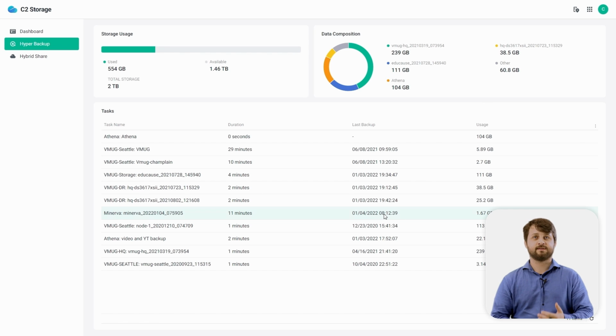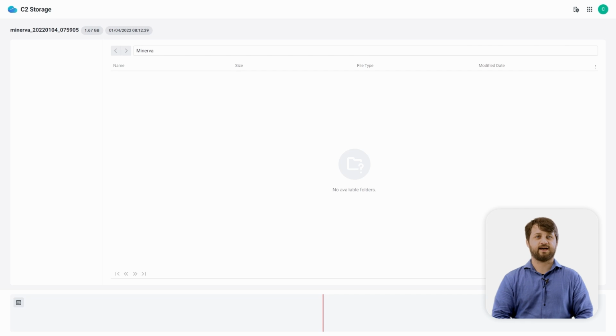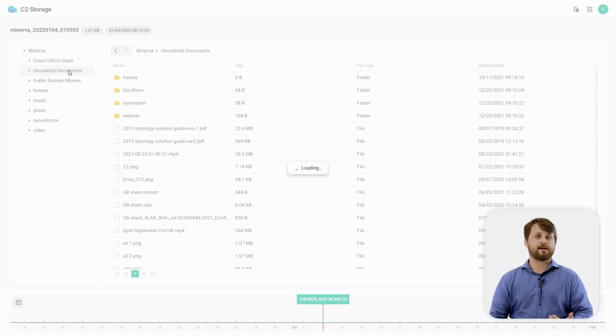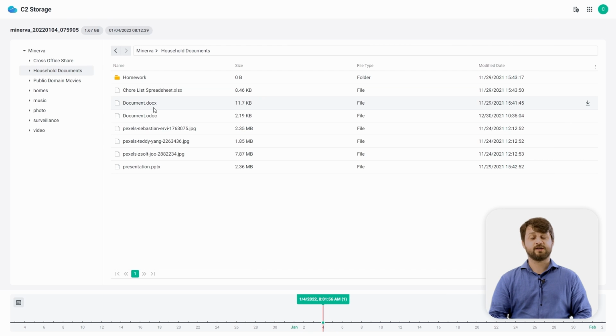You can see a couple of metrics like data composition, which tasks are using the most data. But for us, we're going to navigate right down to our specific task for the backup task that we did on the previous Synology NAS. Now, once we find that task, we're going to open up the Backup Explorer directly inside of Synology C2, and what you're going to see is that it looks almost exactly the same as the Backup Explorer on the Synology NAS. It's going to have the same folder structure that you saw previously, especially the same folder structure as when this version of the backup was taken. So just like before, we can pull a specific document, folder, or file out from here and download it directly through our web browser.